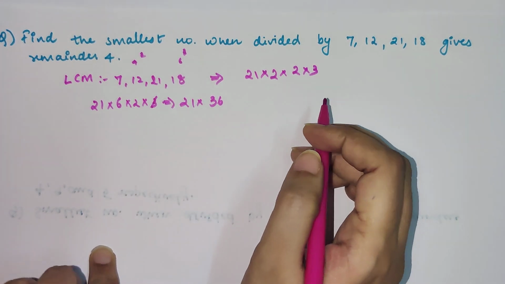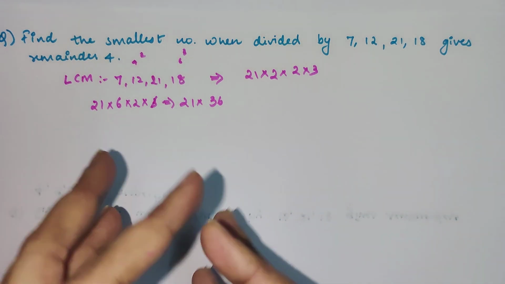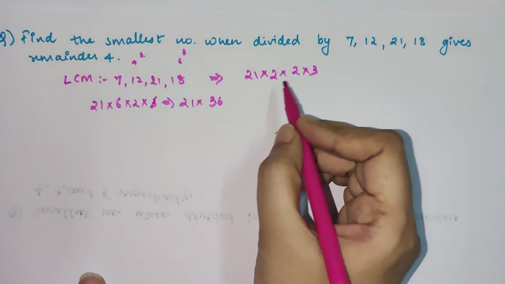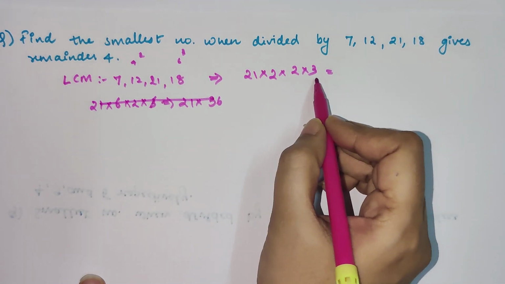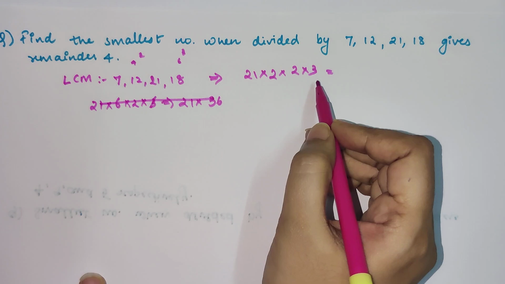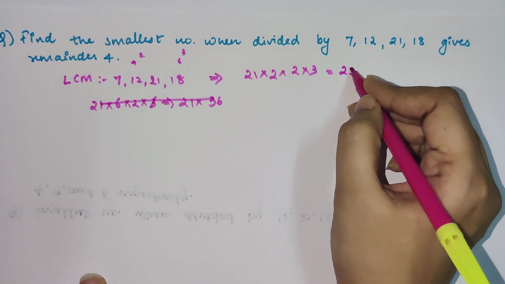Okay, if you are getting confused, then you can use the traditional method. This is the method which I generally teach when solving these quant questions. Okay, so here your answer now changes to 21 into 4 into 3, which is 21 into 12, which is going to get you 252.